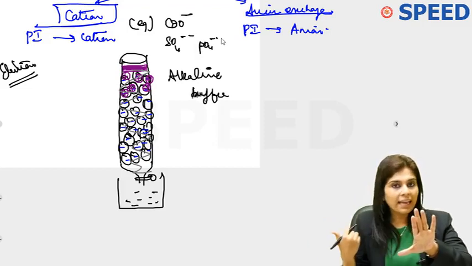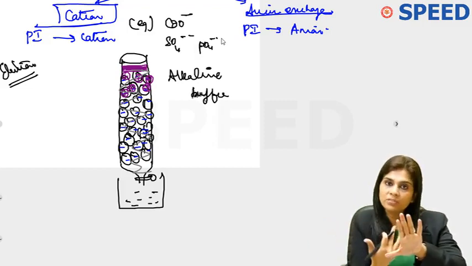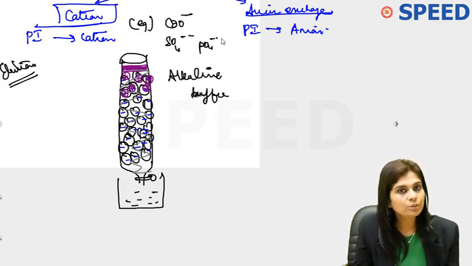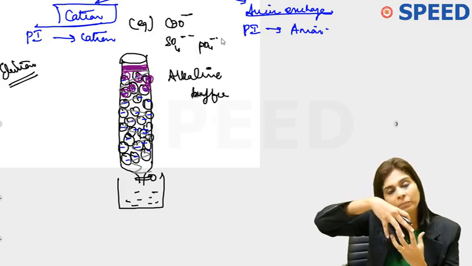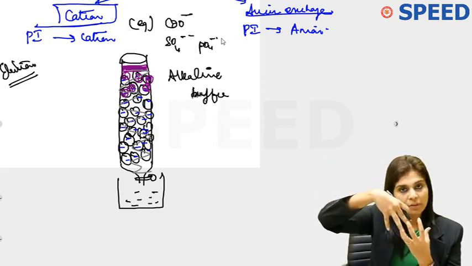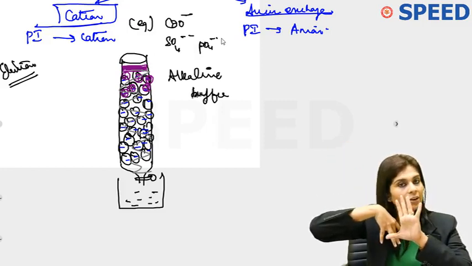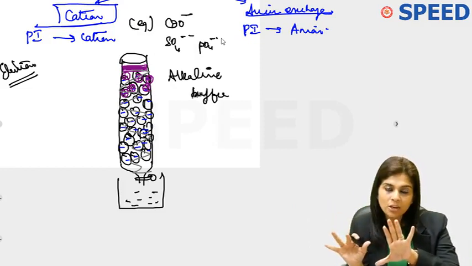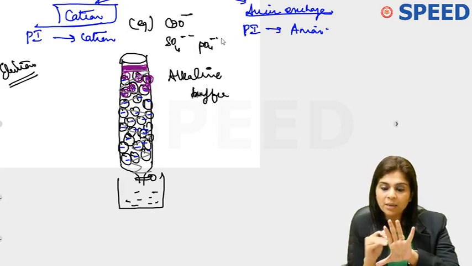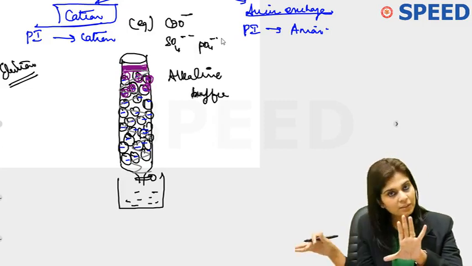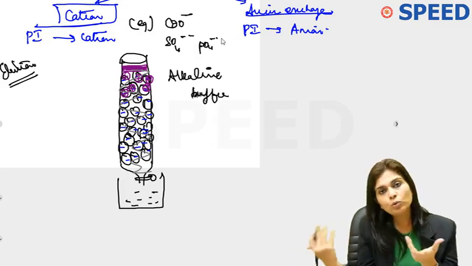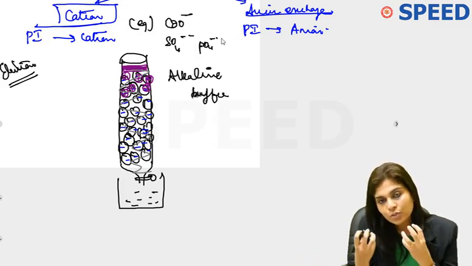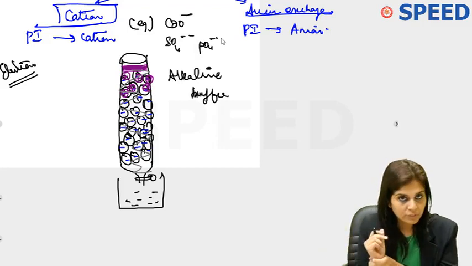After you have removed all anions, how will you get back cations from the stationary phase? That's done by elution. What do you do in elution? You pour an alkaline buffer. The moment you pour alkaline buffer, all these proteins which are held on to the stationary phase try to neutralize the alkaline pH. How do they neutralize alkaline pH? By giving off their H+. When they give off their H+, they are no more positively charged. They can no more interact with the stationary phase. So they come down along with alkaline buffer.